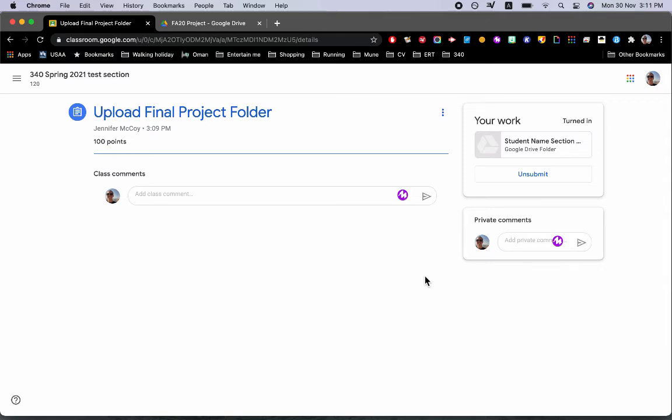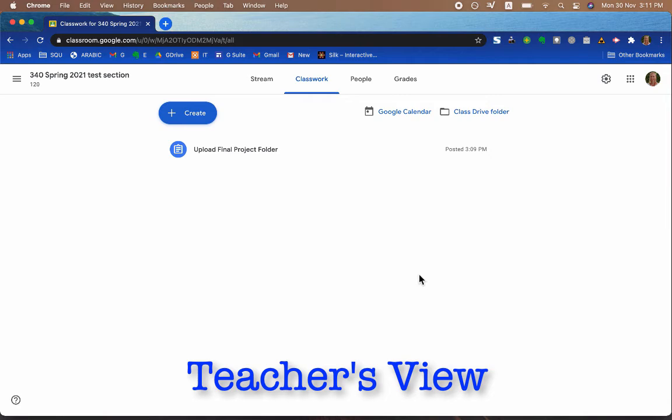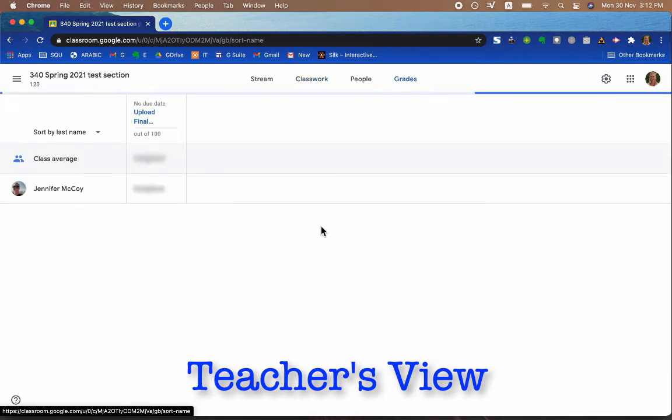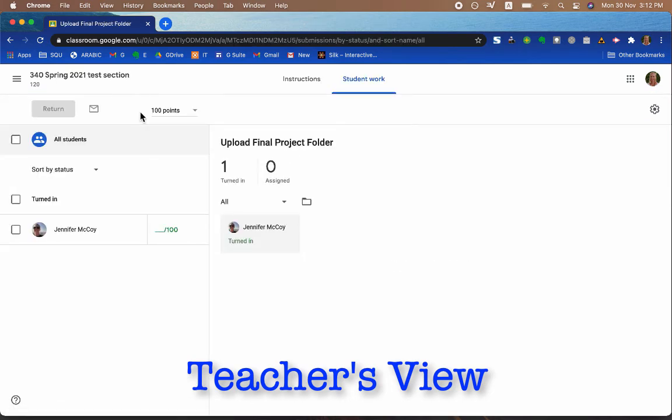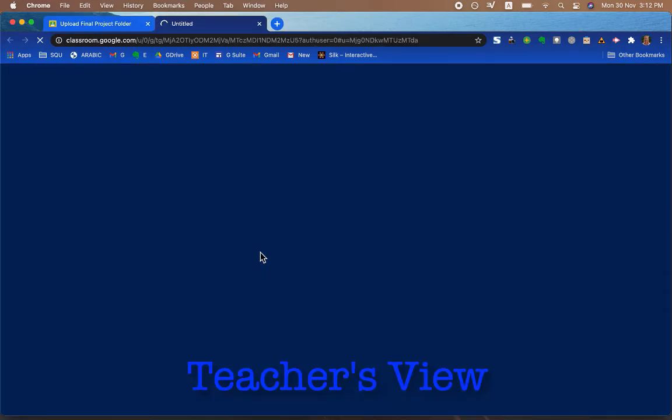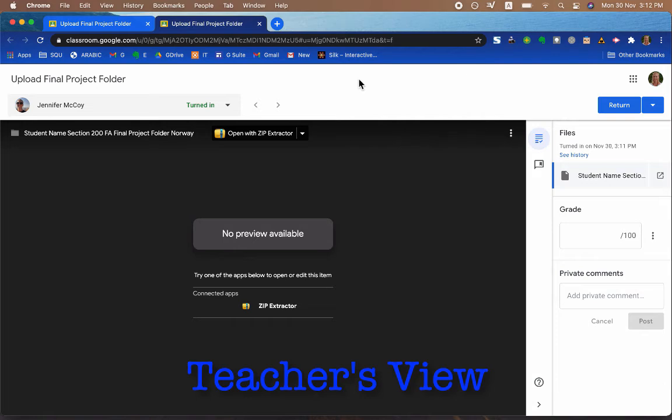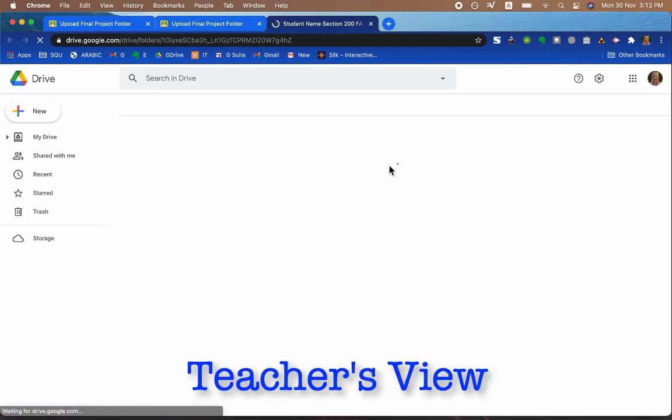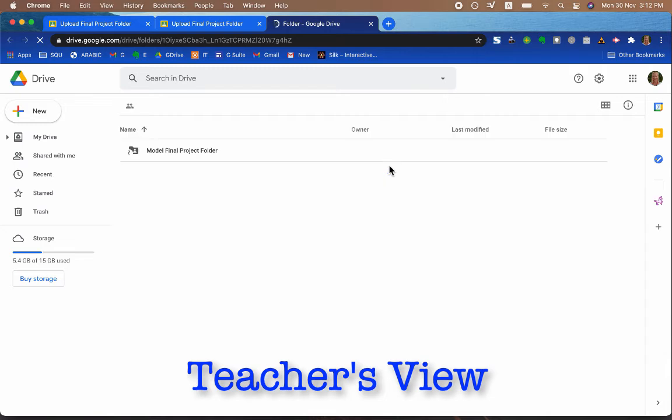So let's go back and look at the teacher view. Here's the teacher view, and we can get in and see those inside grades. Here's upload final project folder. Jennifer McCoy is my one student. I'm going to get in here and look. I can see her work here. Since it's a folder and not an actual document, here we don't get a preview. What you need to do is to go open it up in another folder or in another window, and you can